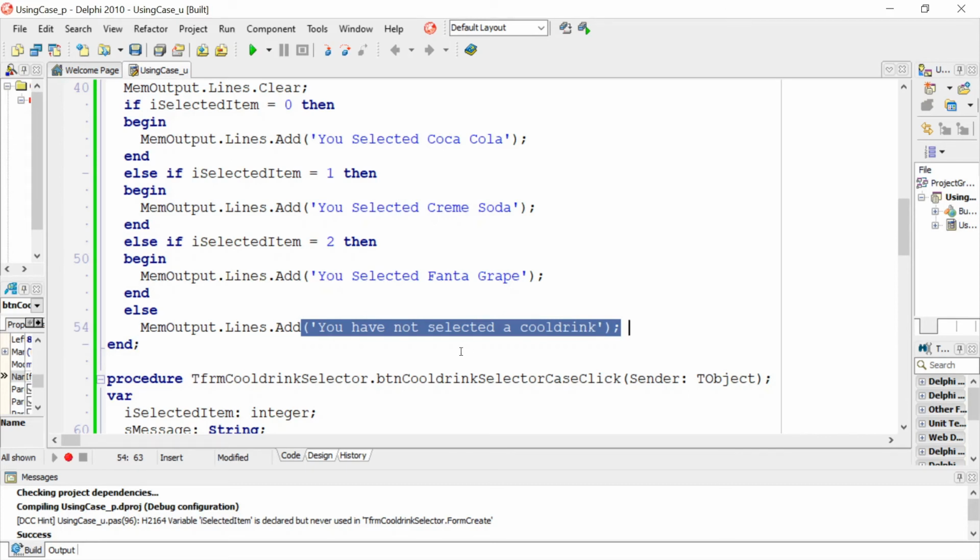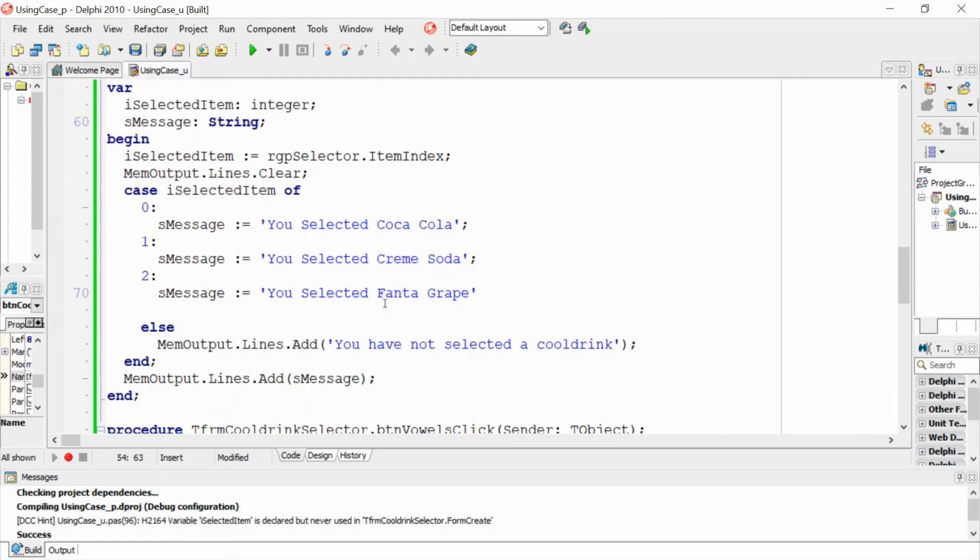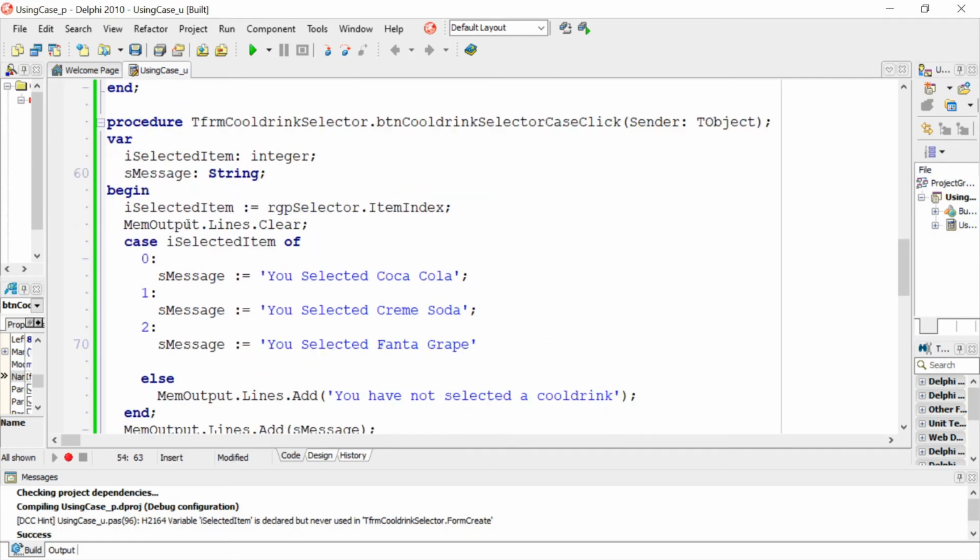So now let's look at the coding. I had to use a case statement instead of a nested if. So again, I created my variable iSelectedItem to select the item index from the radio group. I've also created an S message, which is of data type string. I'm getting a value from the radio group, but remember it's the item index. I cleared my memo, and now I'm checking case